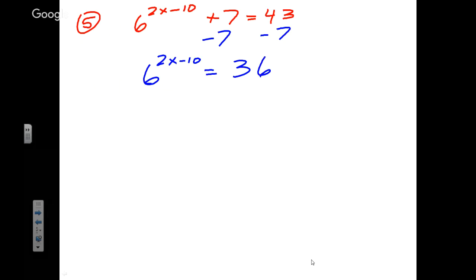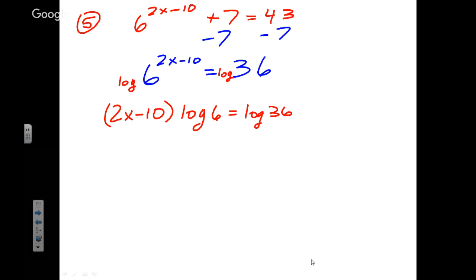That's 36. Okay, and now I'm ready to log because that 6 is just holding one thing, even though there's a bunch of junk in there, one bag of junk. And now I can sneak in my log on both sides, which makes that 2x minus 10 jump out in front. Log of 6 equals log of 36. Divide by log of 6. We get 2x minus 10